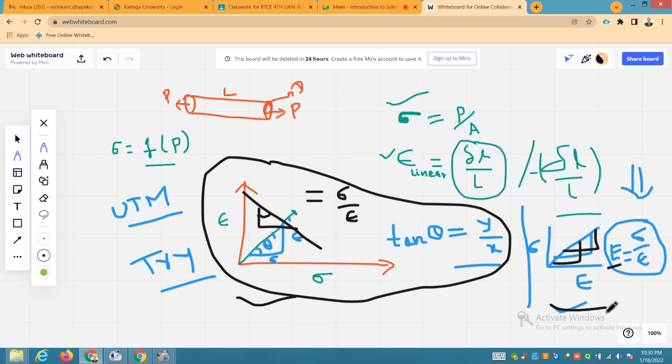Generally in textbooks you will get it like this, wherein you plot strain on the x-axis and stress on the y-axis, and you calculate the slope, and whatever slope you get, that is the modulus of elasticity, stress upon strain. But remember one thing in this, that whatever you have calculated, this modulus of elasticity, I can call it as the function